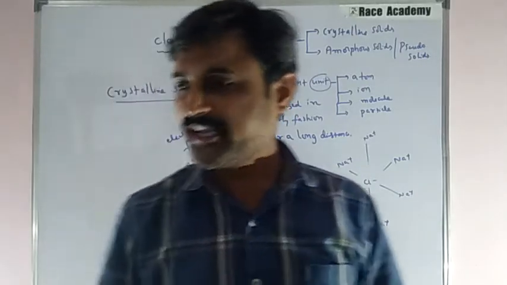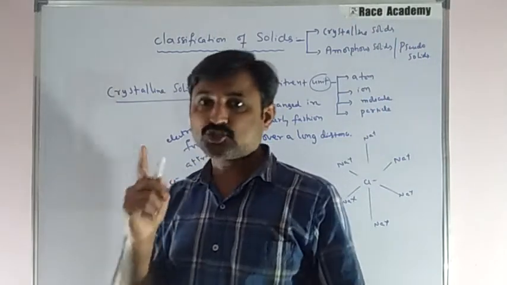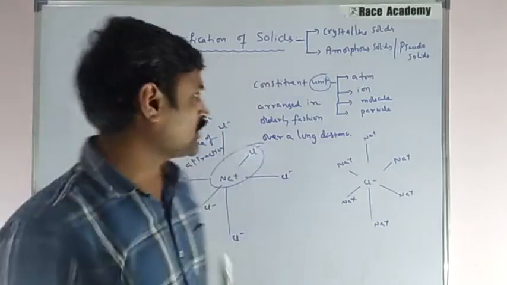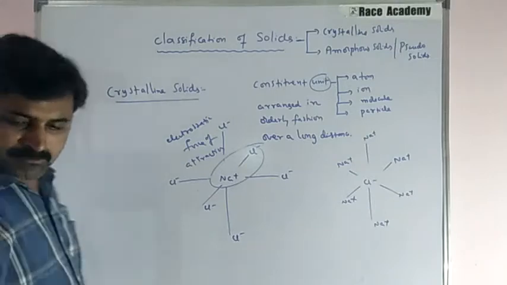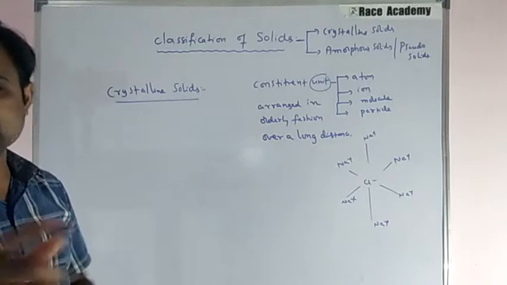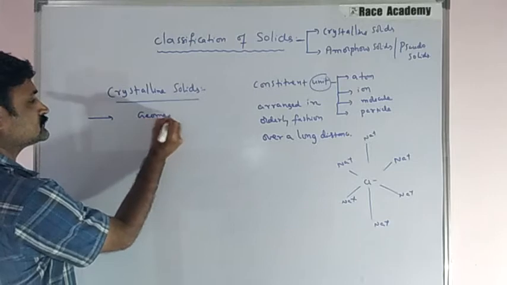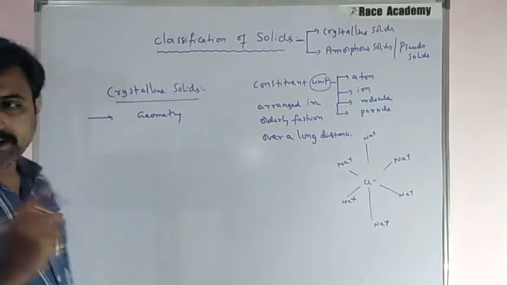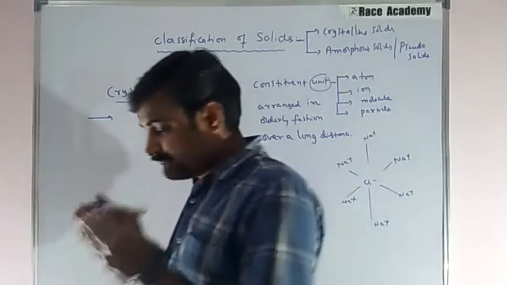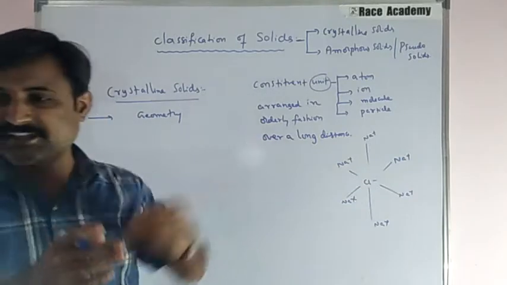This is what we notice, that crystalline solids definitely have a particular geometry. The most important characteristic property of crystalline solids is that they have a definite geometry. In crystalline solids, a definite geometry, a particular geometry for each solid,